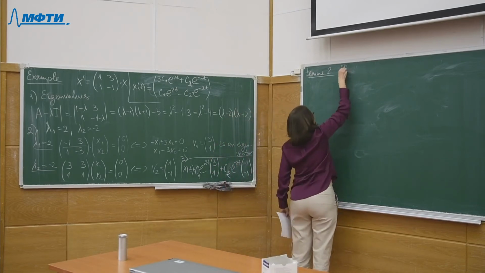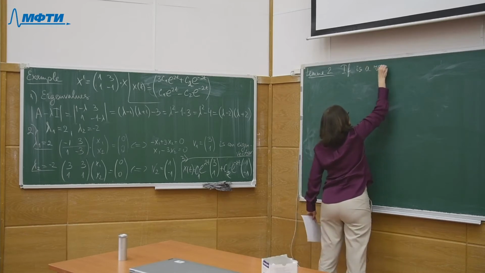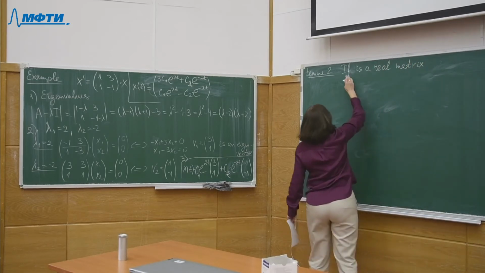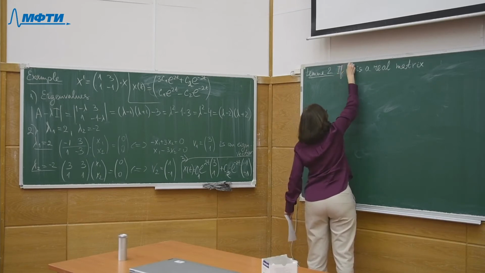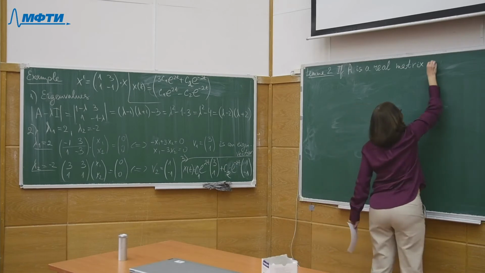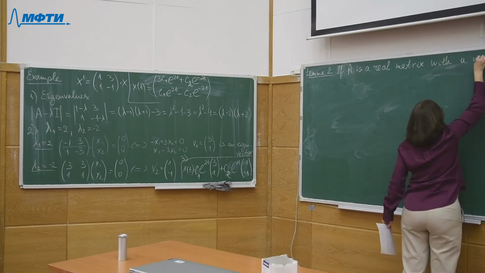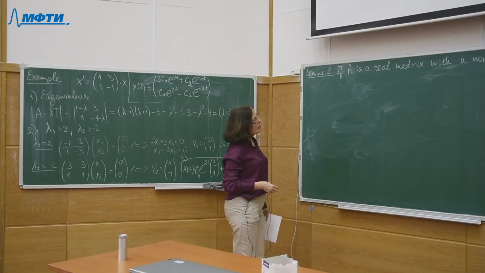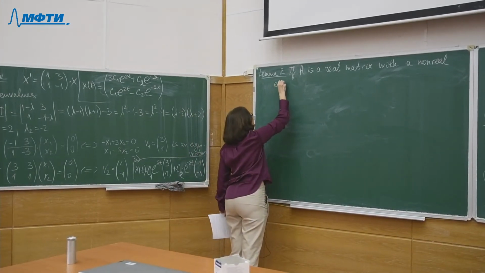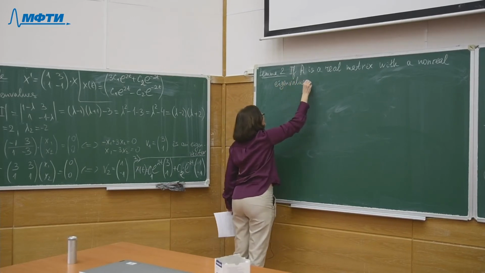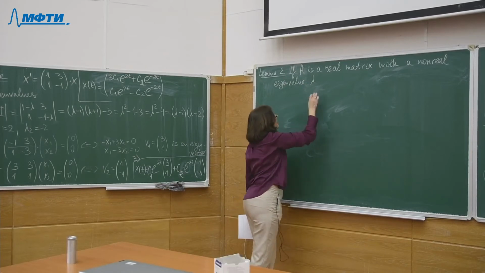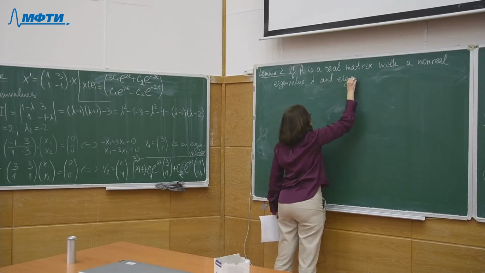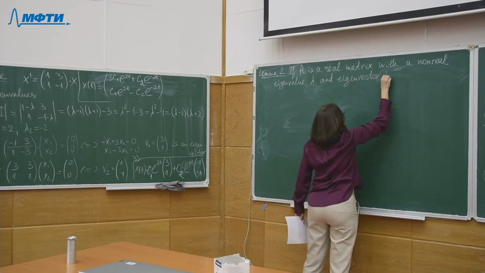If A is a real matrix, so if A is a real matrix with a non-real (non-real means complex) eigenvalue lambda and associated eigenvector V, then